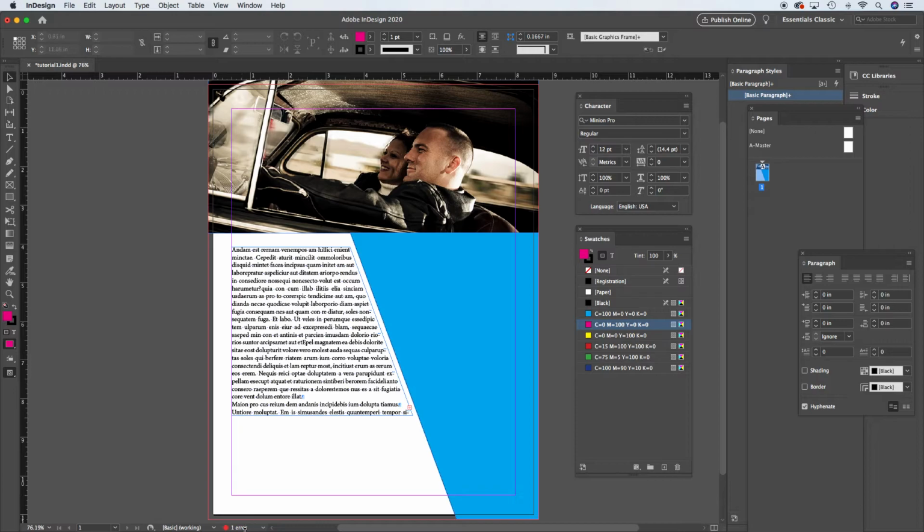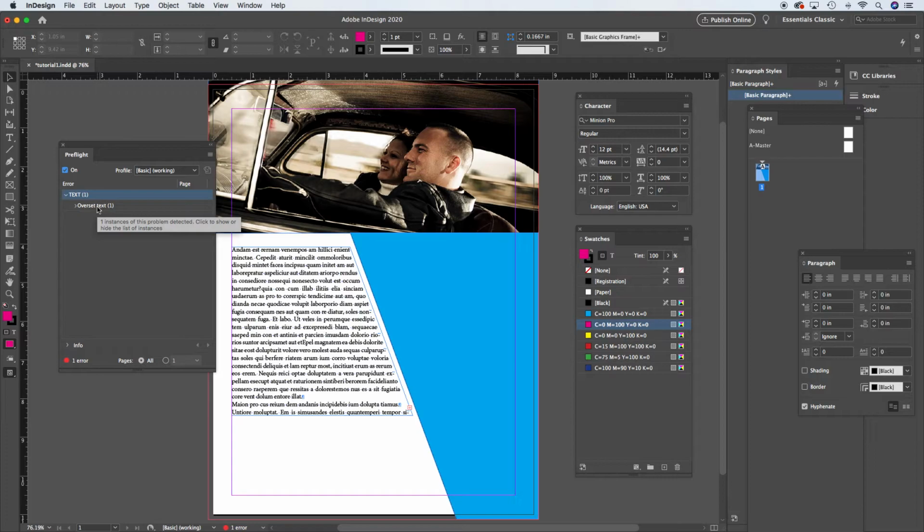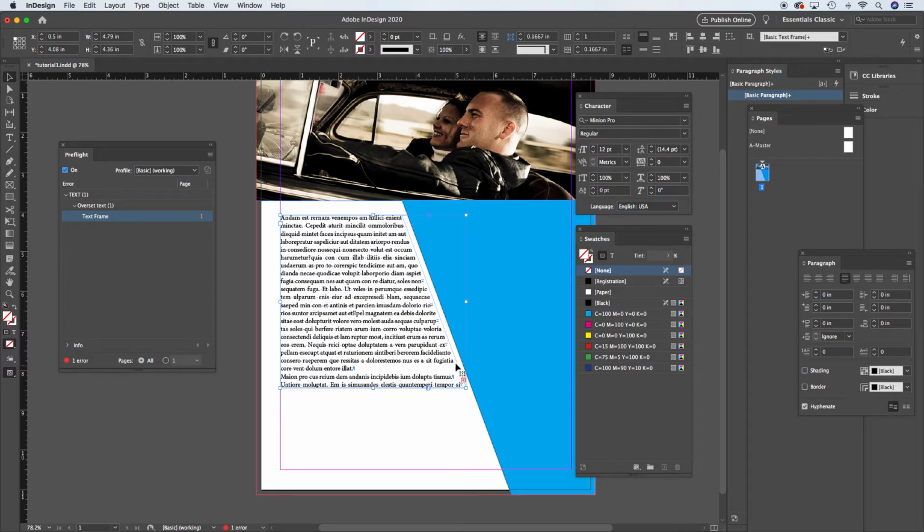Now I know that it's telling me that because I know the program. However, if I wanted to understand what this error is, I'm going to double click on the word error. And it's saying you have an error in your text. Well, I'm going to open that, double click, and it says I have overset text. So it's talking about this right here. Overset means there's text that's going beyond, it's oversetting the frame, the visible area of that frame. So I'm going to double click on that, and it's saying on a text frame, one of them. So I'll double click that, and it actually moves that to center screen, just so we know which frame it's pertaining to. So I'm going to pull that down,